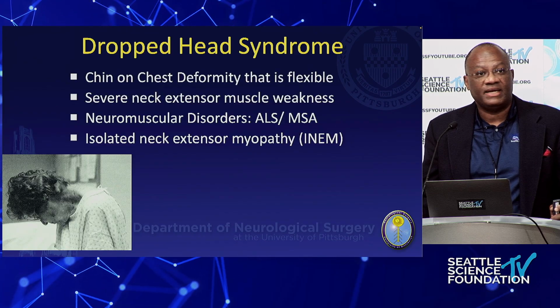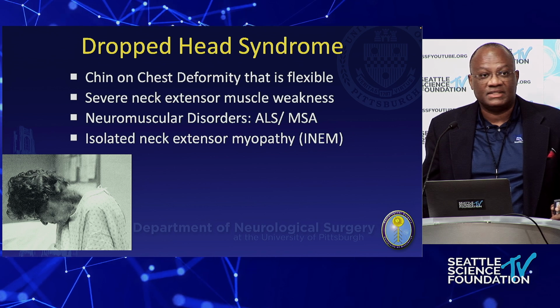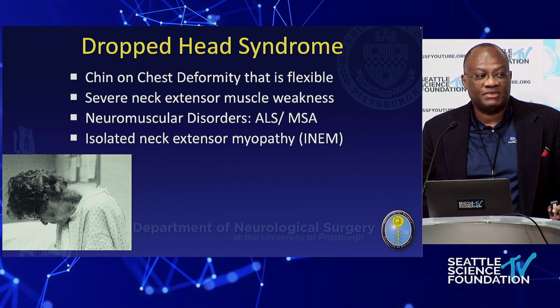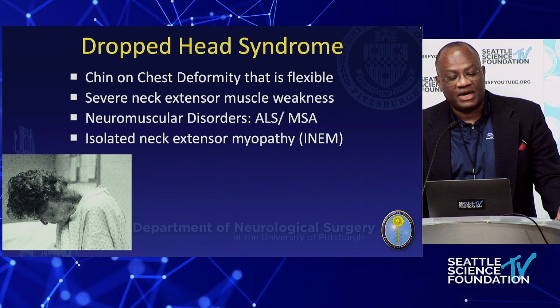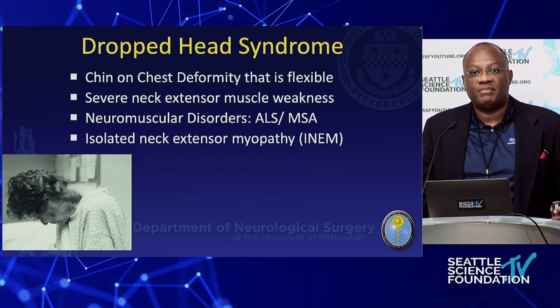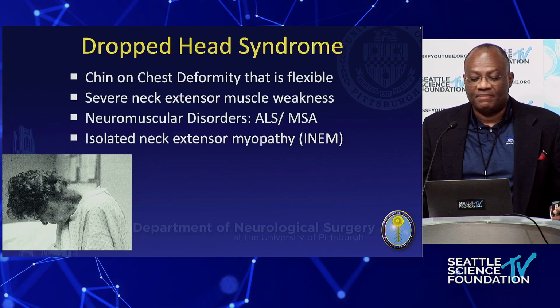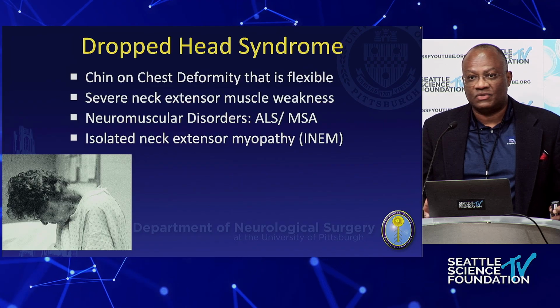Always have in the back of your mind anybody whose physical exam outweighs anything that you're doing: neuromuscular disorders, vitamin deficiency, and even isolated neck extensor myopathy, right? So you have to have that in the back of your head. At every clinic where things don't add up, let's go outside what we're looking at. And it's so easy to fall into imaging,